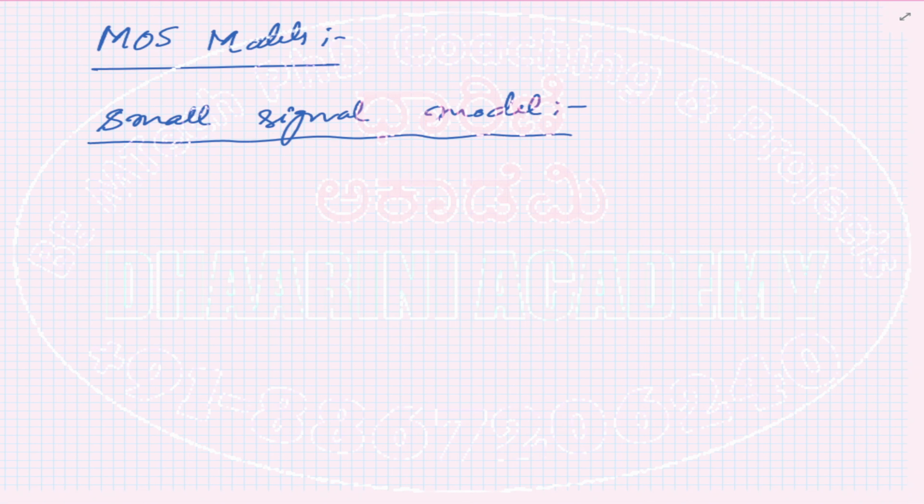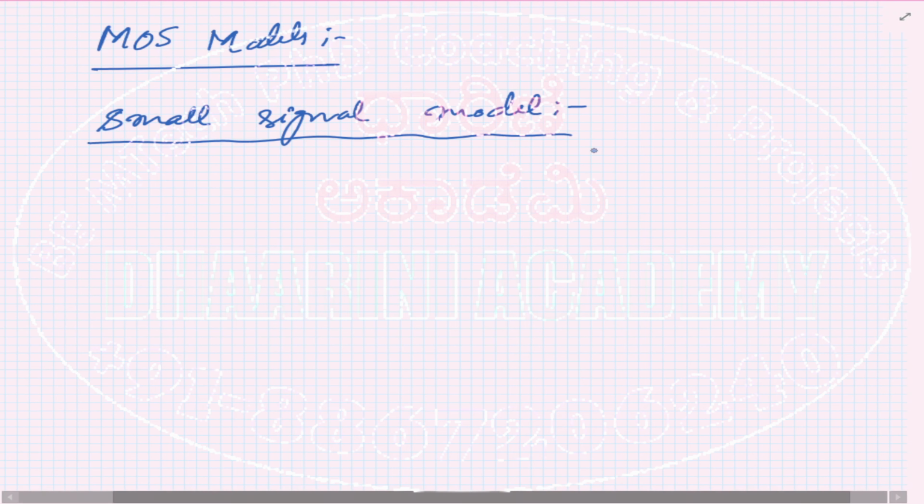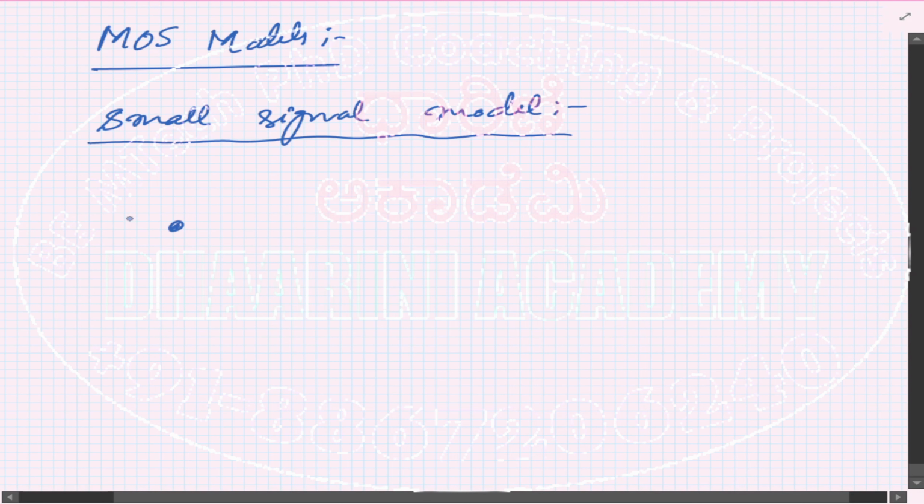Okay, so let's write the small signal model directly first. So the small signal model of a MOS transistor is like this. On one side we have a region. This region is the gate. All right. Then between the gate and say the drain region, we have a capacitance being modeled. So this region is what we call as drain. So we'll come to each and every component that we write here. Okay, so this is CGD, the standard notation,